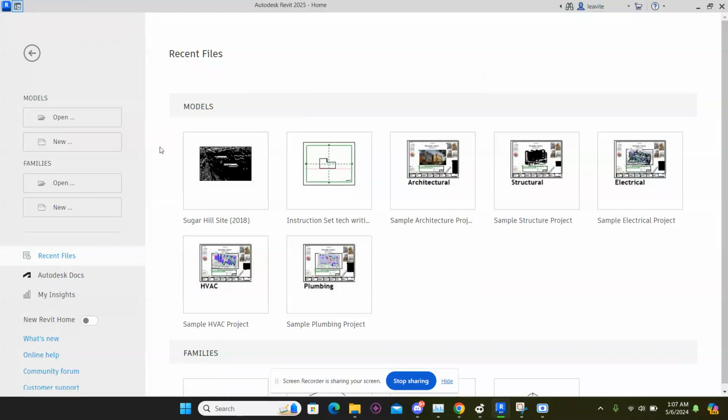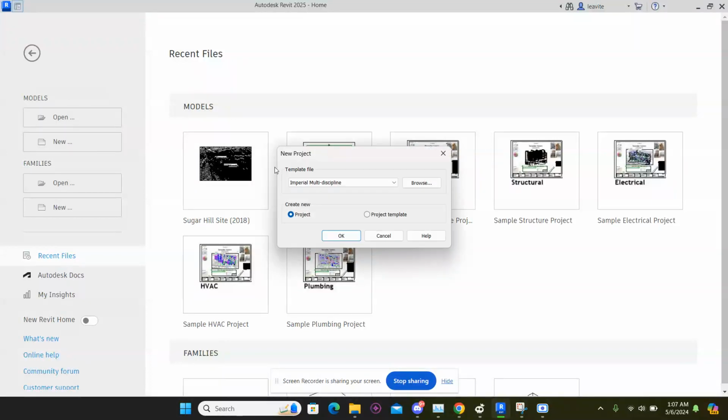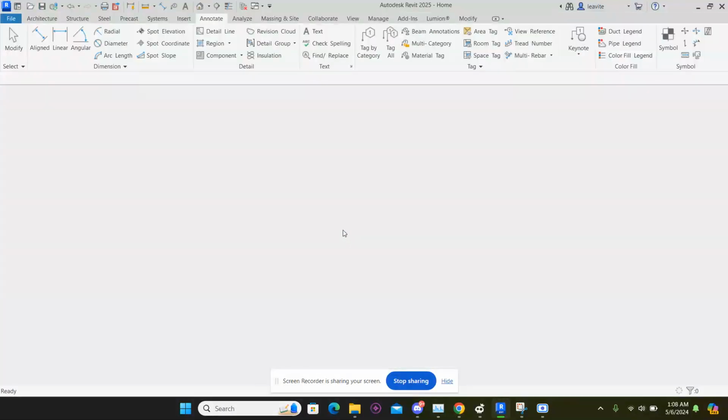So to start off with, we're going to go to Models over to the left, and we're going to create a new Revit model. Now you're going to have this pop up, and you're going to have different templates that you can select. We are going to be going with Imperial, and then if you want a project or project template. So we're going to just be going with the project. I hit OK, and it's going to open up